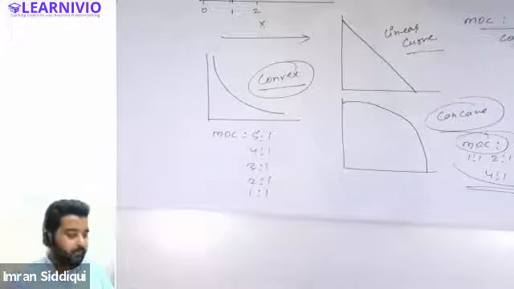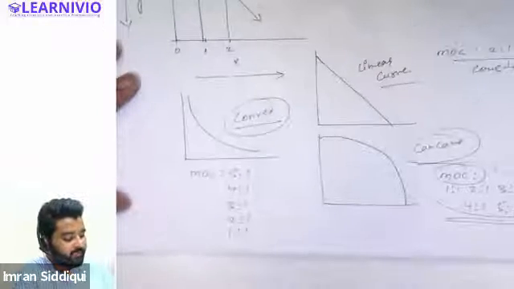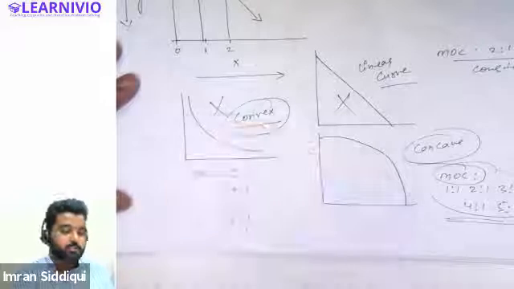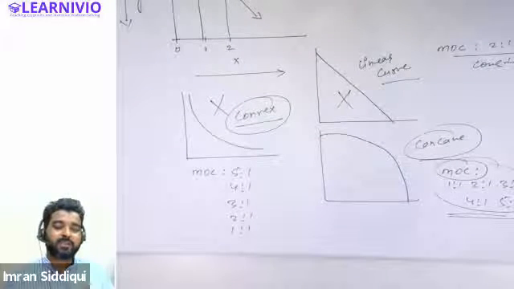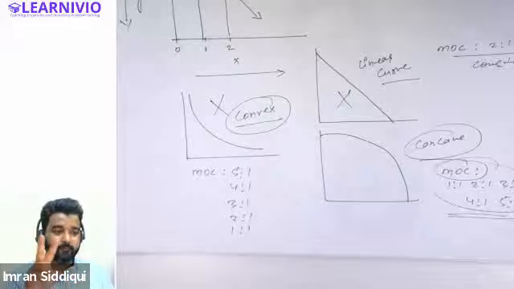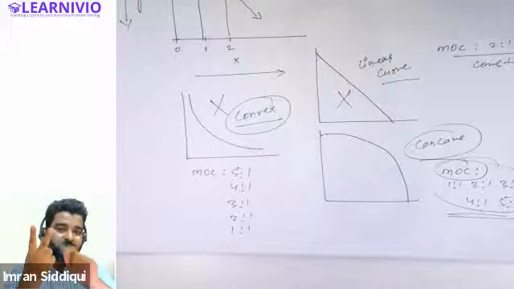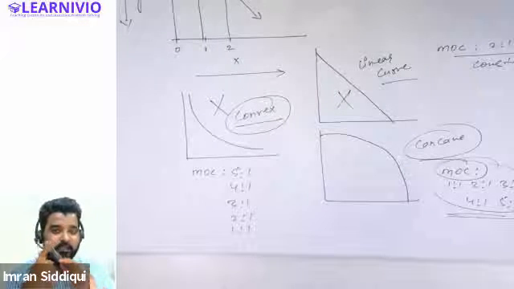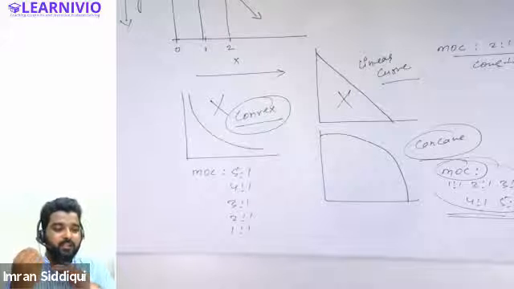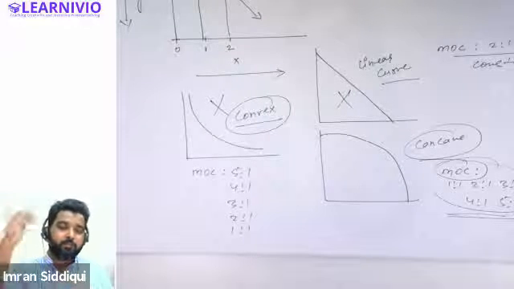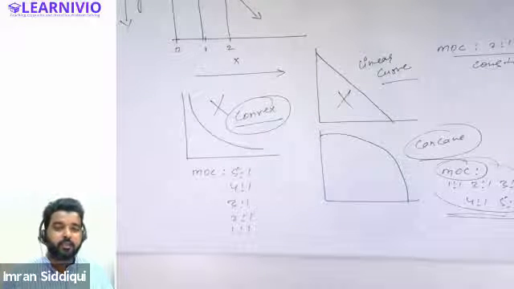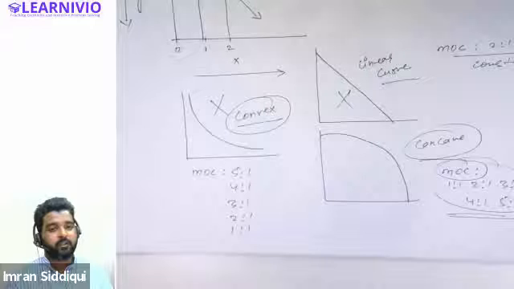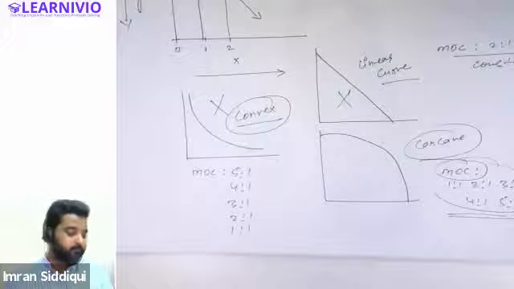But please remember that a production possibility curve can never be linear, can never be convex to the origin. It will always be concave, because marginal opportunity cost can never be constant, can never decline. Neither does marginal opportunity cost decrease nor does it remain constant. It will basically increase continuously. If it starts from 1:1, it will go like 2:1, 3:1, 4:1, 5:1, like this. And eventually, the production possibility curve will always be a concave shape curve.